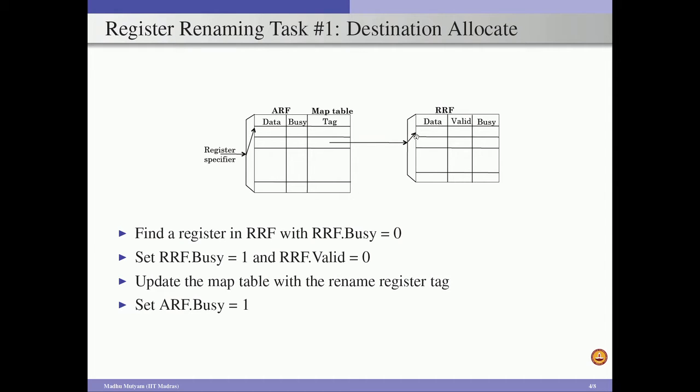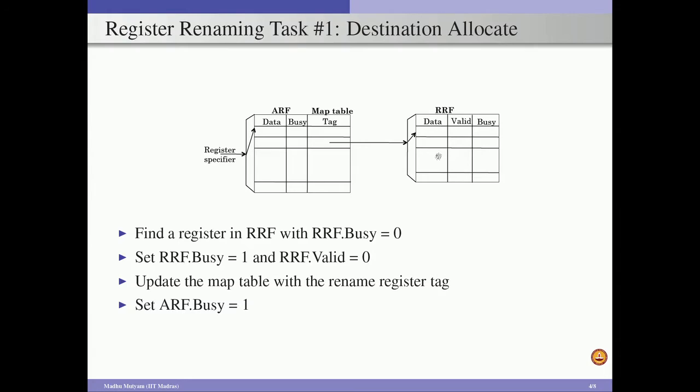If the valid bit in the RRF is 1, that indicates that the value is available and we can supply the value to the dependent instructions. So, in summary, in the destination allocation phase, we first have to identify a free entry in the rename register file, and we set the busy bit to 1 and also reset the valid bit, and we map the ARF with the register tag of this rename register that is selected in the RRF, and then we set the busy bit in the ARF field. So, with that this destination allocation process is completed,